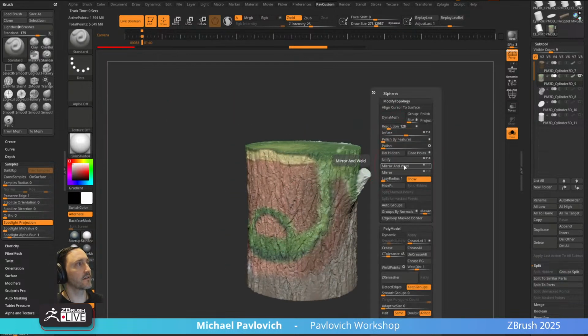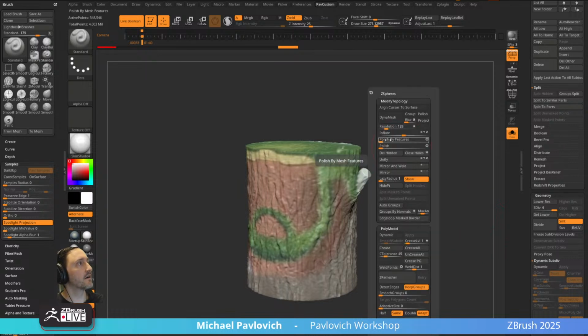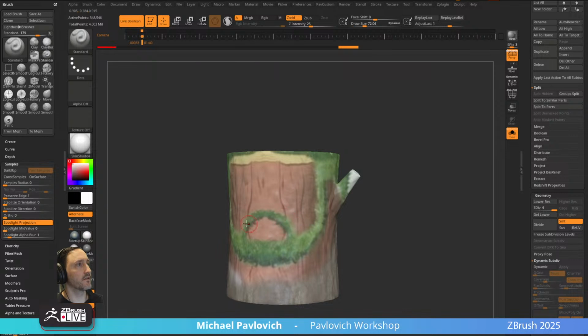In fact, let's do this. Let's just do a polish by feature open circle. We can just smooth some of that detail off. We don't need that much resolution. Delete higher. There we go. Because I'm really just using this as a guide for where my beard needs to be, my little,